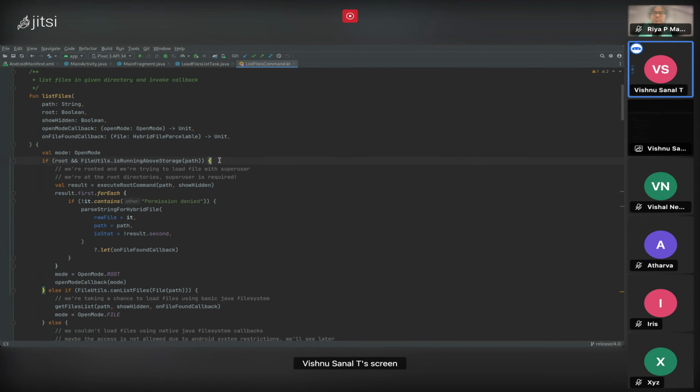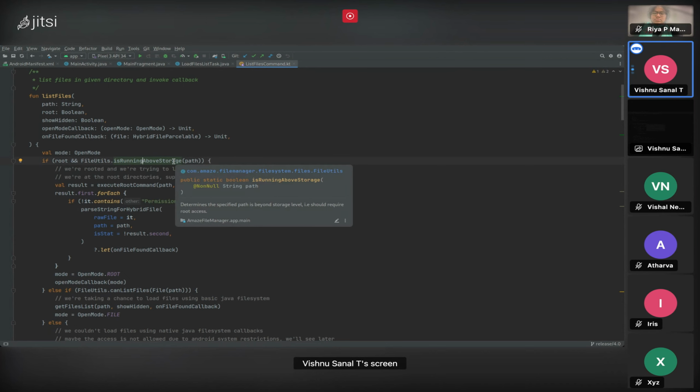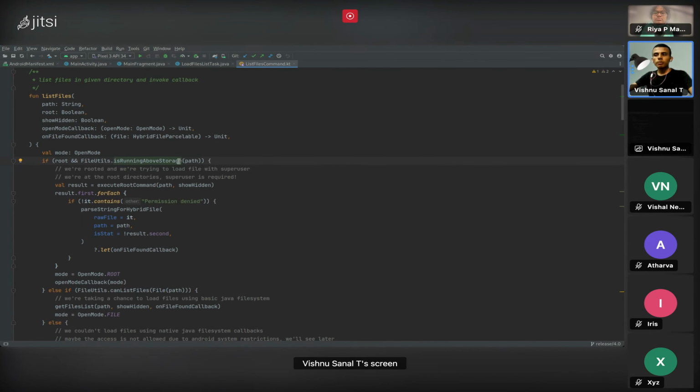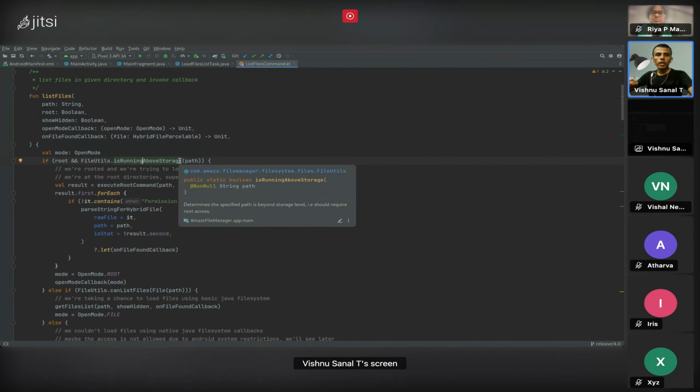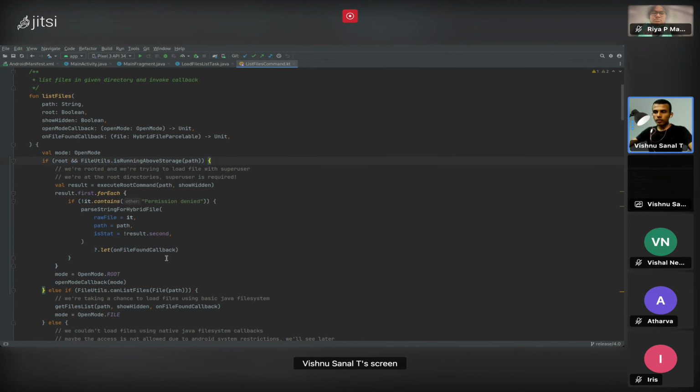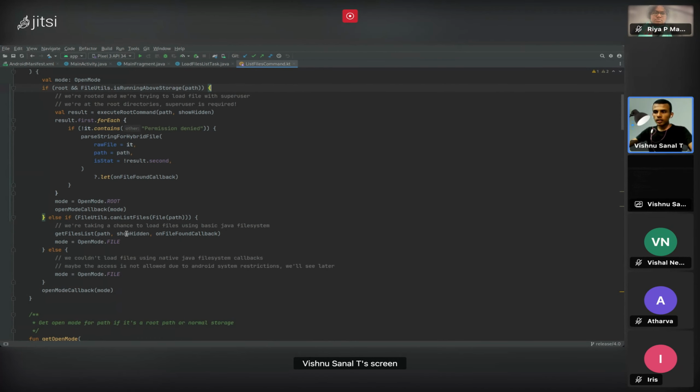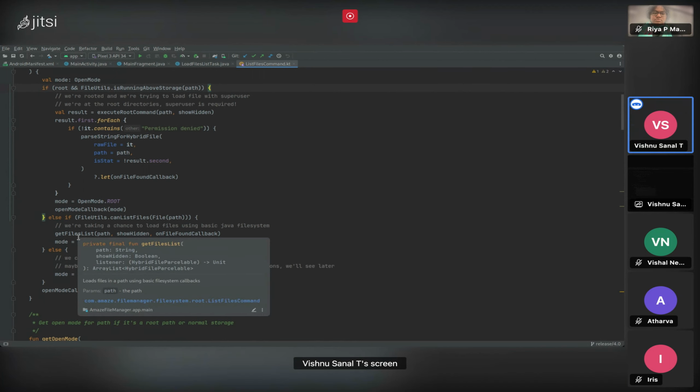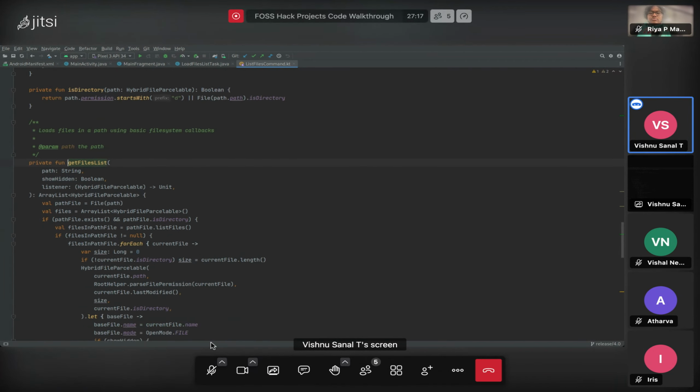So here we are checking whether we are running on the root directory or the user directory, etc. We also provide, as Vishal mentioned before, a root file explorer, which requires that your device have root access. If you have root access, we can manipulate root file directories and files. If we are, then we do that. I'm not going into those details. So let's talk about the basic user file listing implementation. Then this get files list method gets called,